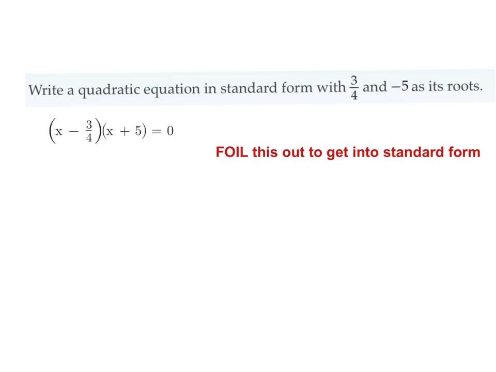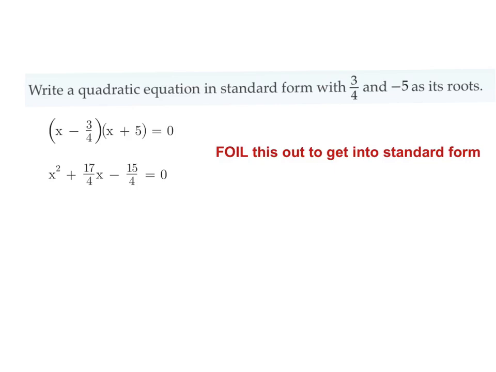Okay, so we're going to FOIL this out. When we do that, we get this. Now I simplified already the middle terms. If you still had 5x and minus 3/4x, that's fine. Okay? There's no reason to change these to mixed numbers. Do not do that. Because eventually, to get it in the standard form, we have to get rid of all